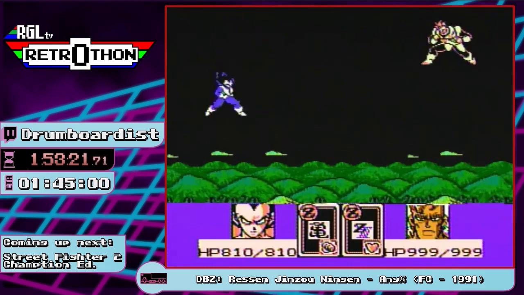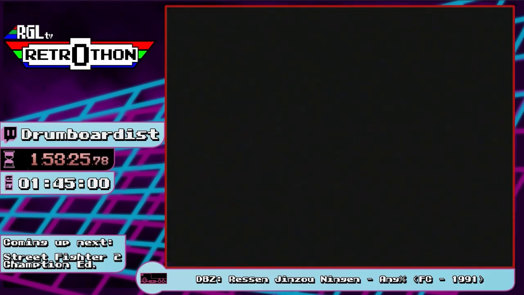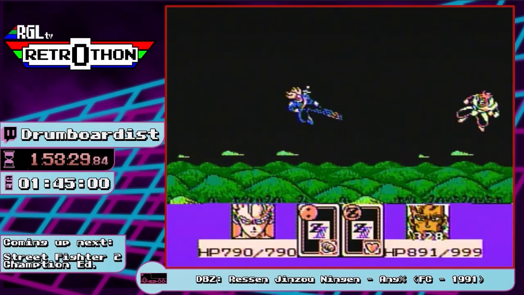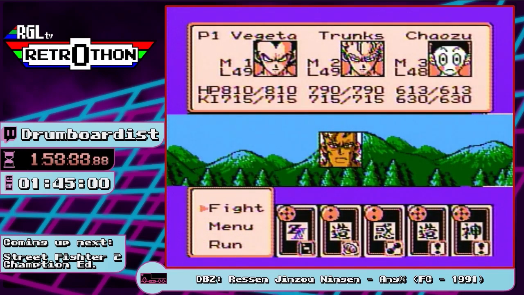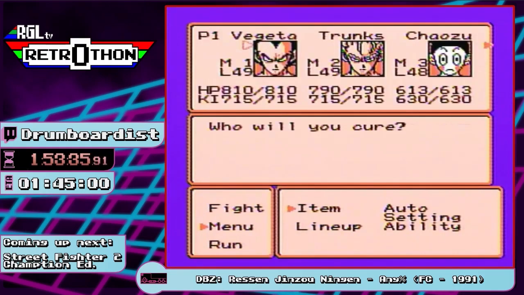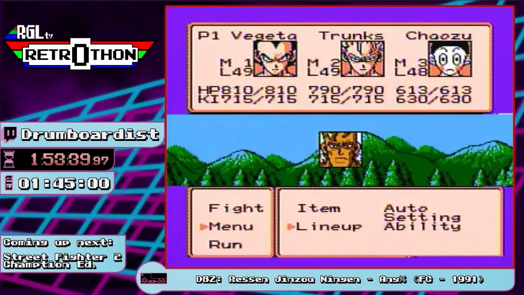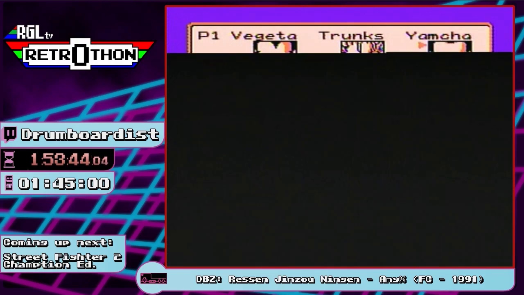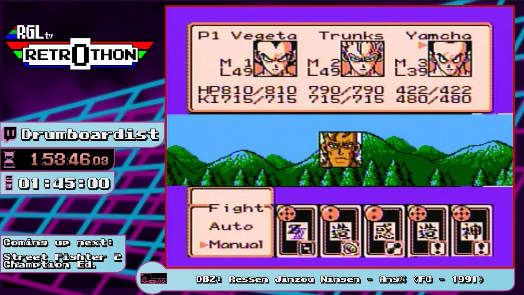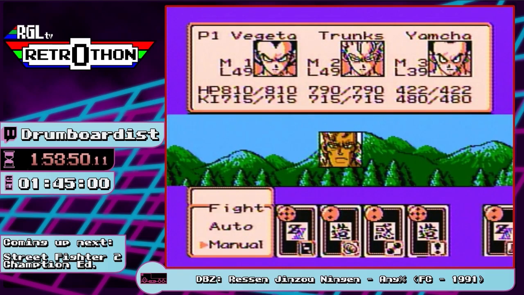So 2 Saiyans, who should be hitting relatively hard. Let's go. Let's go. Okay, not bad. Oh, well, there was a tension on. He ain't no mo. You know, Veggie, if you would just power up, that would be great. It would be wonderful. I don't want Chaozu up front. This is personal. We're going to go with Yamcha. We're going to power up Yamcha, and we're going to assume...